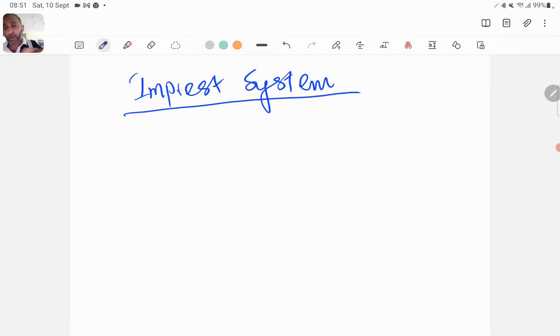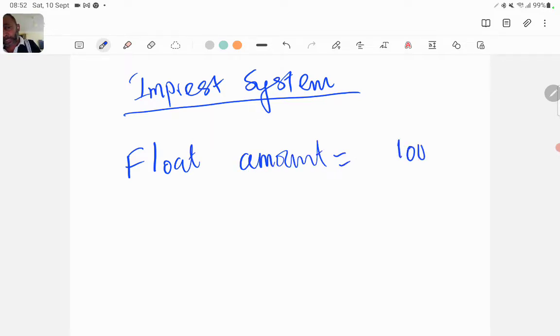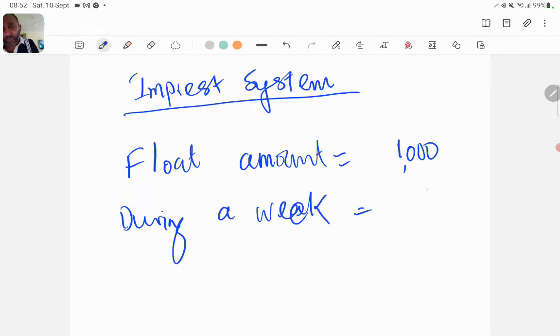When you are setting up a float, like the float amount is let's say 1000, and then during a given period, during a week, if you spend 700, what you do is you find the difference, that is 300, the available balance